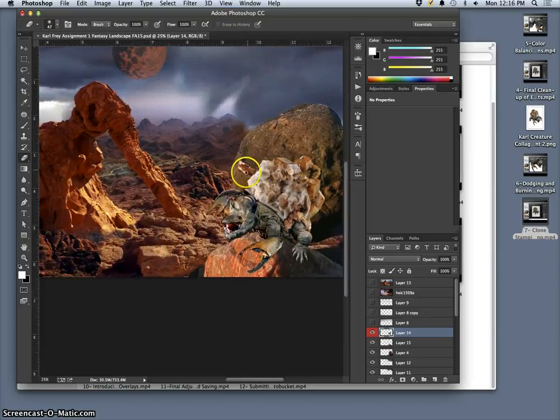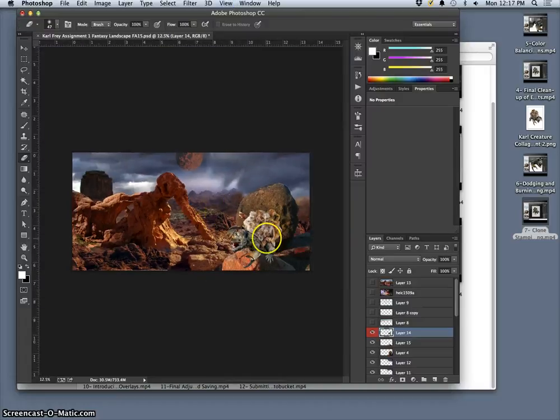Also, this part of the rock, this gash in the rock, is a little confusing. So I might have to alter my background design a little bit. And I notice little flaws in my composite. So this is a great opportunity for me to also fix my landscape and make